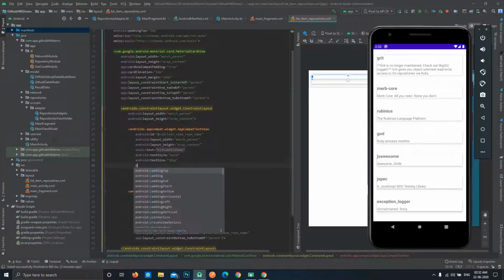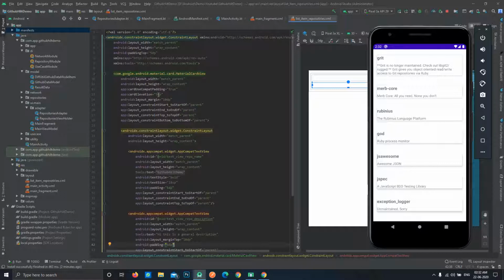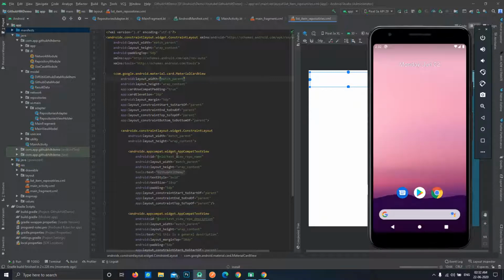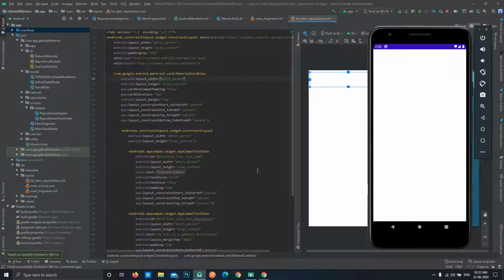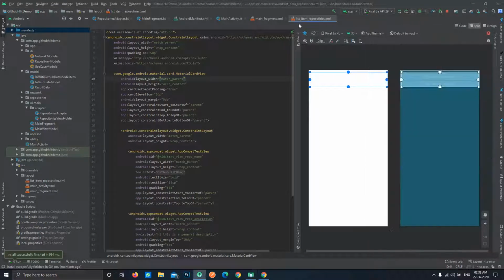We can see that the items are missing some padding, so we can define the padding over here to be 5 dps, and similarly define padding for the description too, and the elevation to be reduced to 2 because 10 is not looking good. The margin should also be reduced to 5 actually. So let's rerun our application and see the output. Yeah, you can see the output over here. It is still not looking good, but our code is actually working.